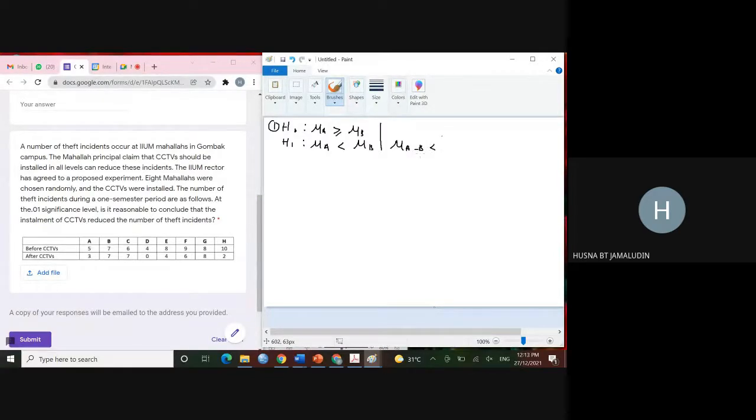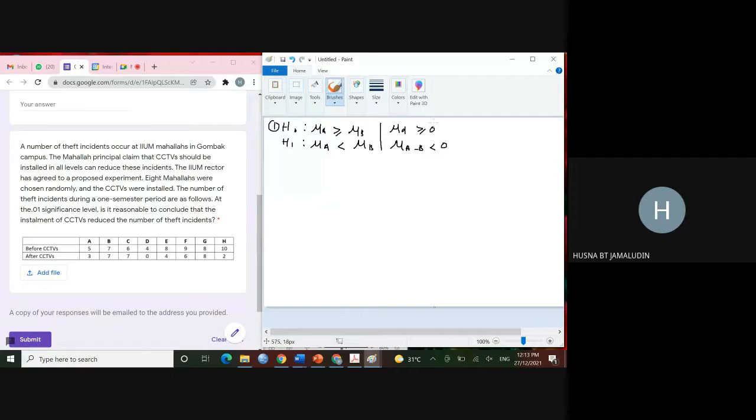Okay, smaller than 0 means that you are assuming that the difference between these two, because you are writing here mean after minus before should be smaller than 0, means that the after should be lesser than before. You can write it this way, and then your H null could be mu mean difference bigger or equal than